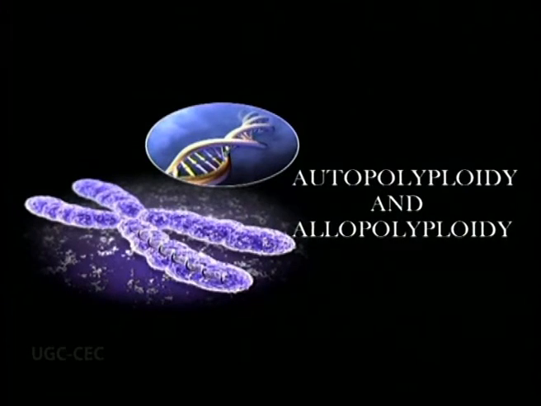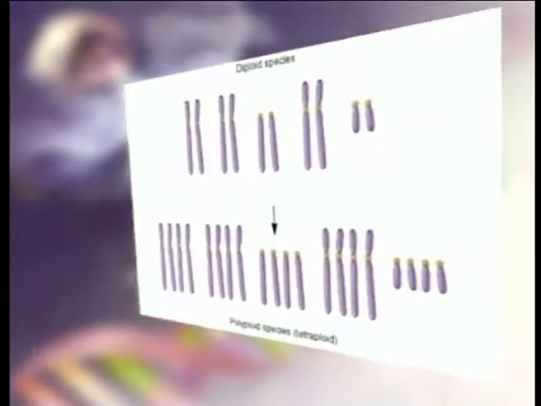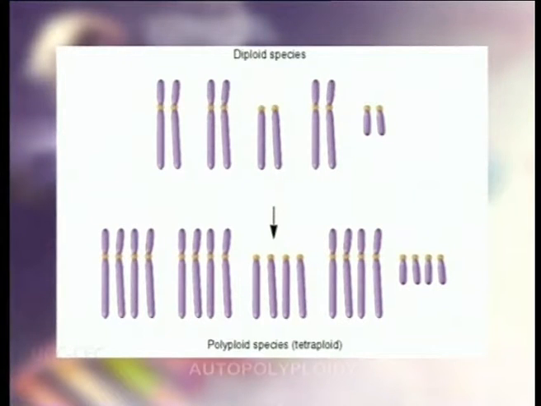2 types of polyploidy are encountered in plants, that is autopolyploidy and allopolyploidy. As far as autopolyploidy is concerned, all the sets of chromosomes originate in the same species. The condition probably results from a defect in meiosis, which leads to diploid or triploid gametes. If a diploid gamete fuses with a normal haploid gamete, the zygote and the organism that develops from it will be triploid. Dear students, one generalization that has been made is that autopolyploids are larger than their diploid counterparts.